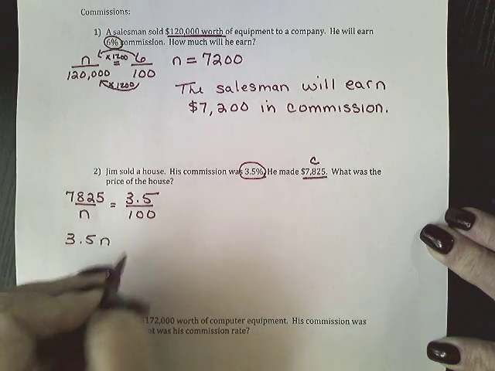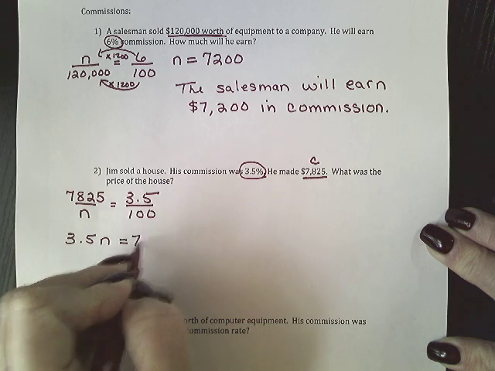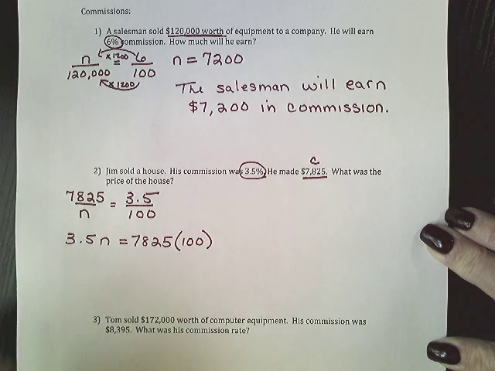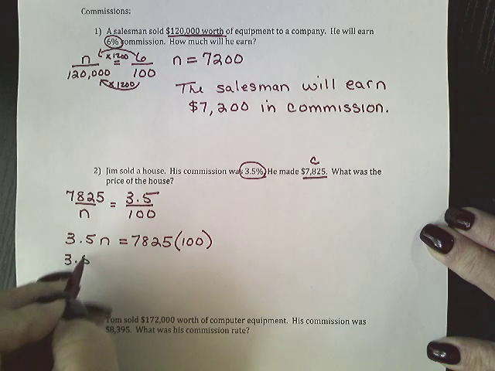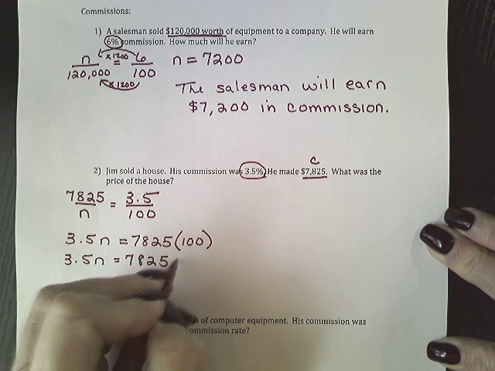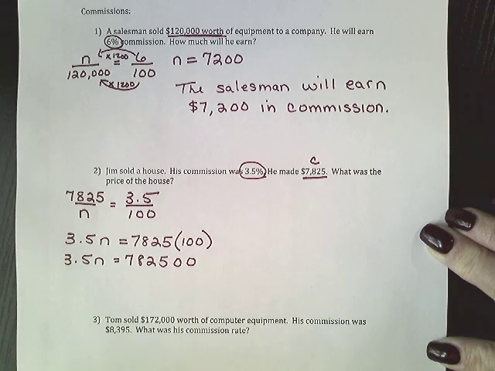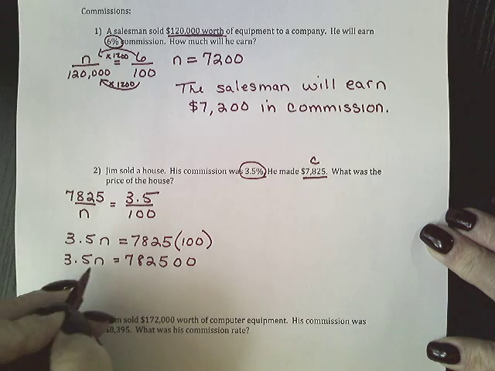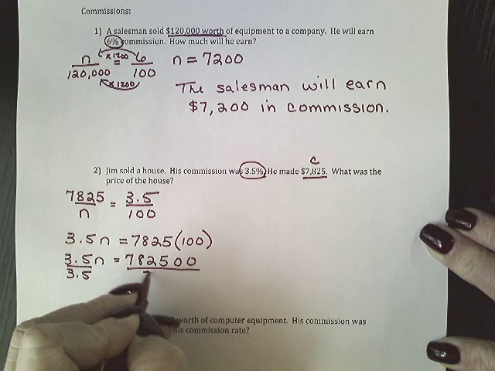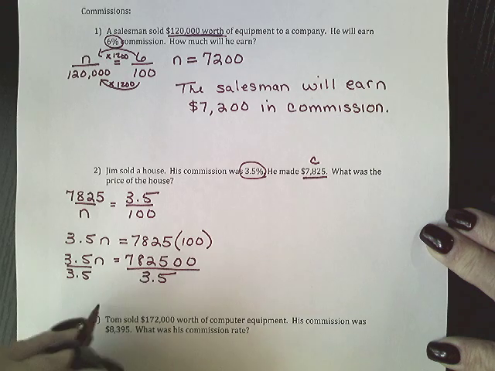So 3.5N is equal to 7,825 times 100. 3.5N is equal to 782,500. Divide by 3.5. N is equal to